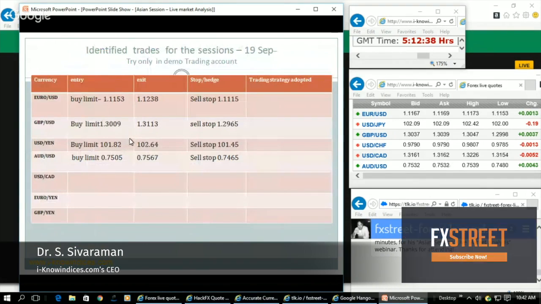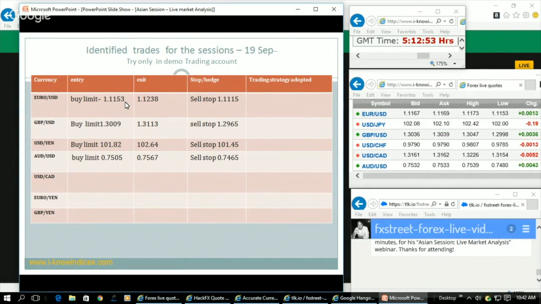Now, I give a net trade call here for 19th of September. You can keep a buy limit order at 1.1153, closer to that of the low. Probably they could make around 5:30 GMT a small dip and then rise. And if they make a dip and not come closer to the low, then still during the dip around 1.1162 or 63,